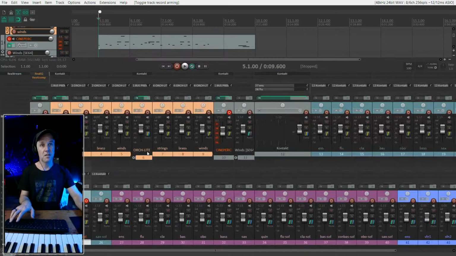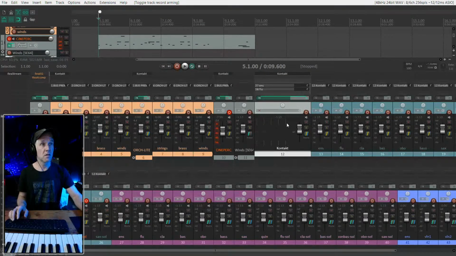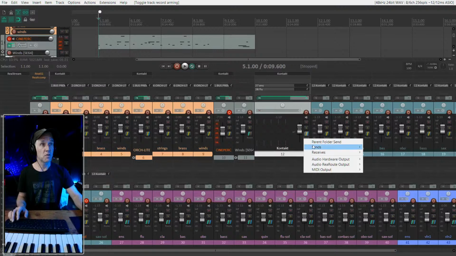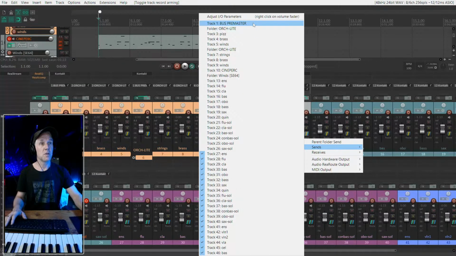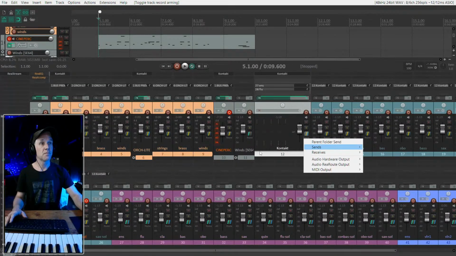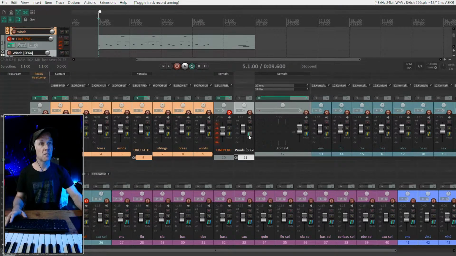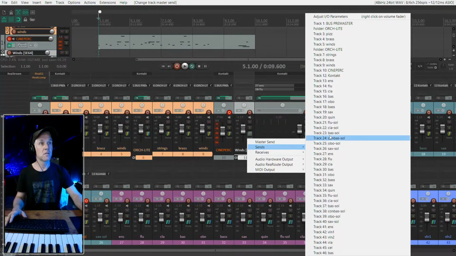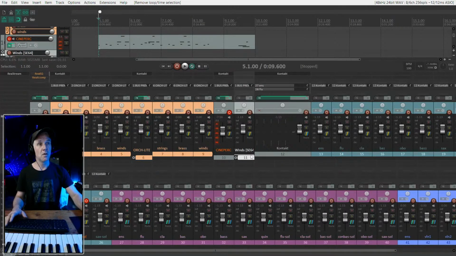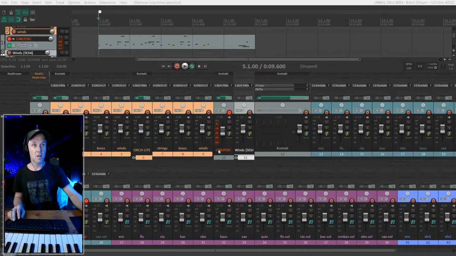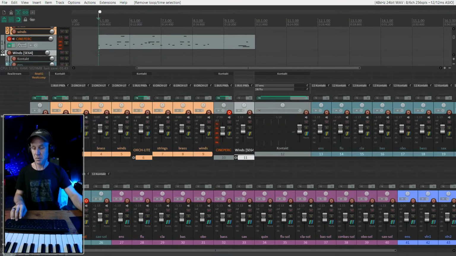Before I do that, I need to set the Kontakt instrument's output to bus pre-master. Sorry, the wind section's output not to the master, but to the pre-master. Now I should have the ability, and while we're at it, I might need this mixing desk to view certain